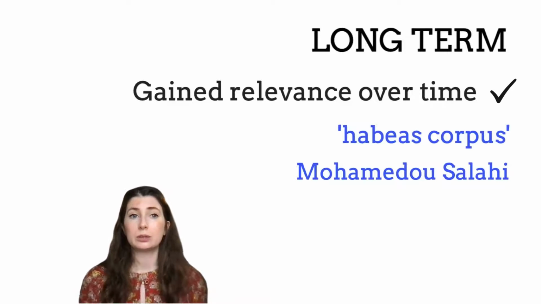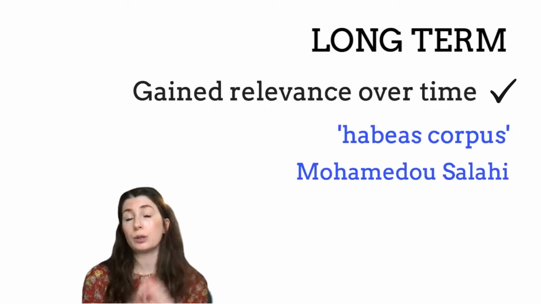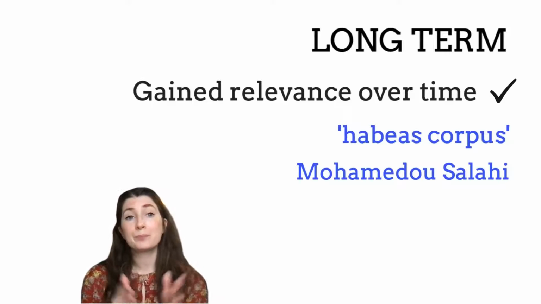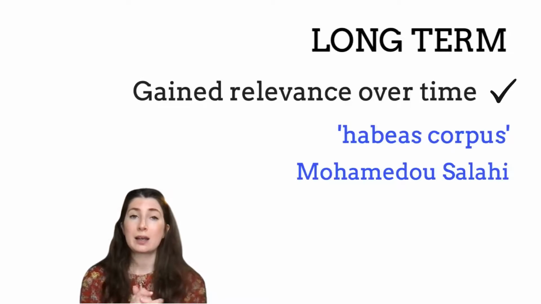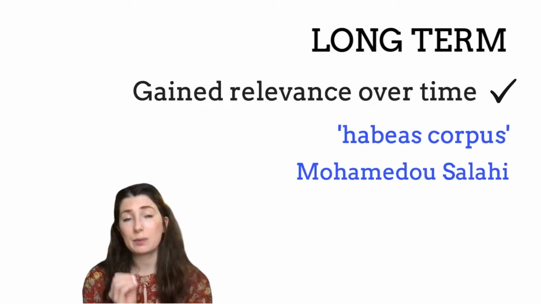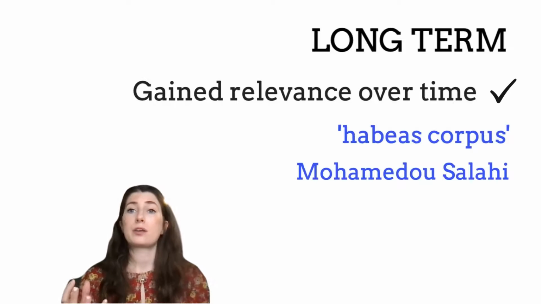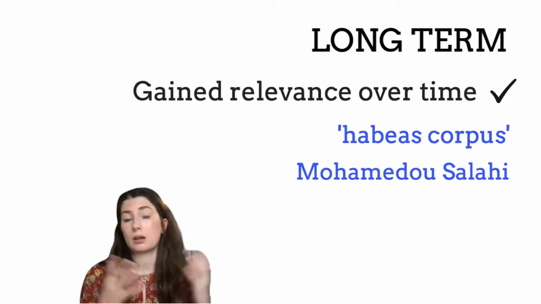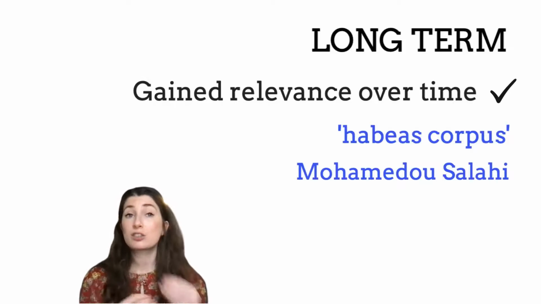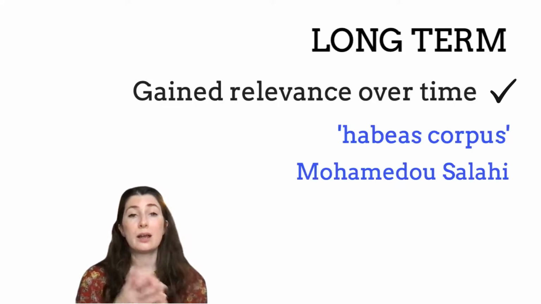Now, one point habeas corpus is really important for is that habeas corpus essentially means being given a free and fair trial. Now, in the case of Mohamedou Slahi, who is the example I'm going to give you, he was held in Guantanamo Bay detention center without trial, and his lawyer, Nancy Hollander, used Magna Carta habeas corpus to get him freed, essentially, rather than having him stand trial for the crimes he was accused of. She actually sued the US government for habeas corpus and said that he was being held unfairly against his will. He'd been held there for around 7-8 years before this trial even happened.